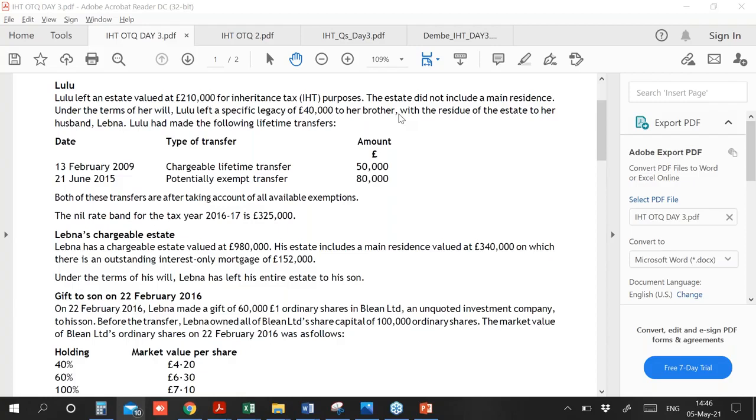More answers. All of you who are saying no are wrong, because I have told you it does not matter when the first spouse has died, whether the estate was included in their residence or not, because even if the rule does not exist at that time, still the RNRB is available to the second spouse, provided the second spouse satisfied all of the conditions. That is the death after 2017, the main residence, and the transfer to the direct descendants. These are the three conditions.